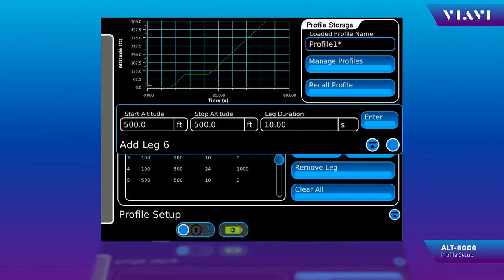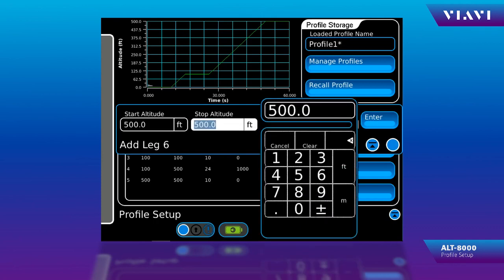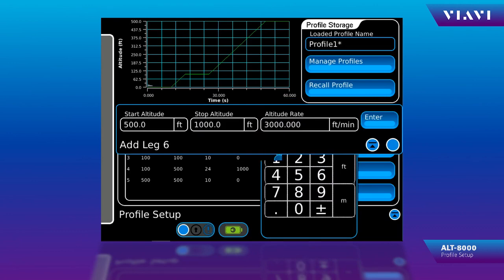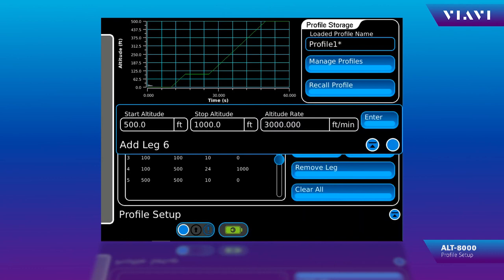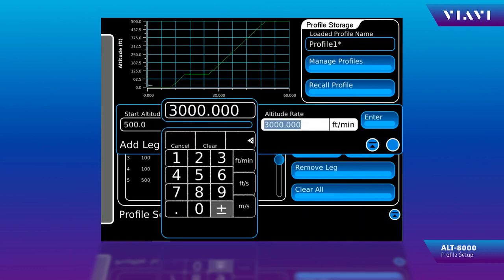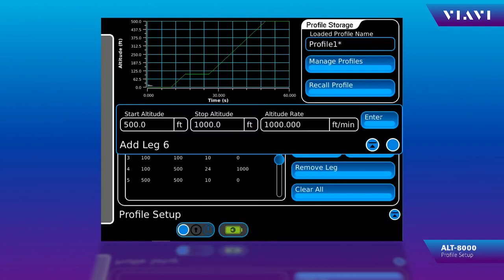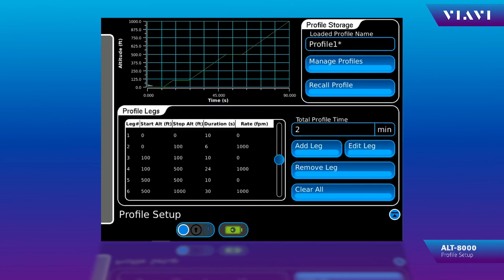And I want to climb from 500 feet to 1,000 feet at a rate of 1,000 feet per minute. Press the enter button to save that leg.